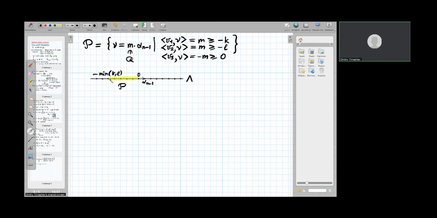So all m belonging to this segment correspond to this polytope P, polyhedron P, which is a segment in this case. So we have described P, and now we can conclude what is the tensor product decomposition formula. So the conclusion is